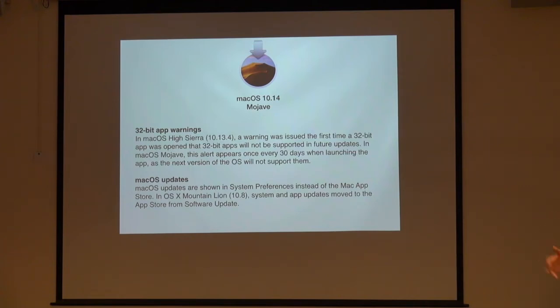So if you're using an older app that you keep seeing this warning, be wary that the next time there's an update to the macOS, that app will stop working, and there's nothing you can do to make it work again unless you can find an old machine somewhere that you can run it on. So that's some of the caveats about